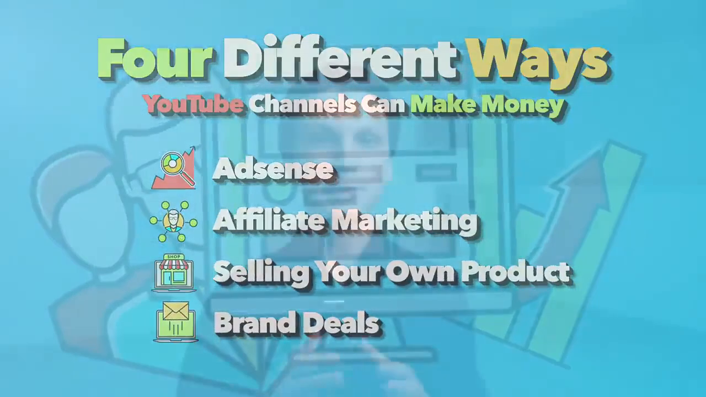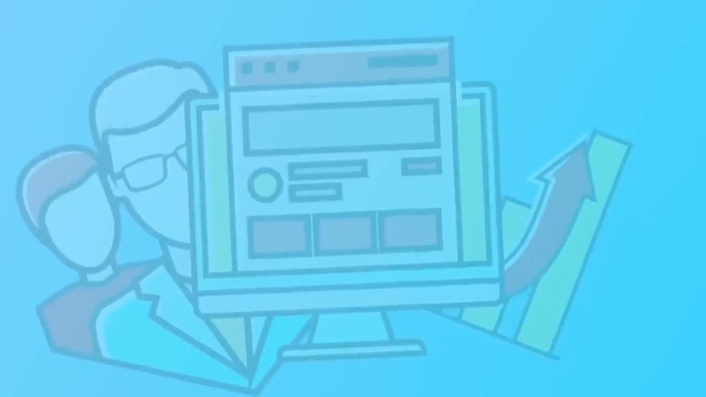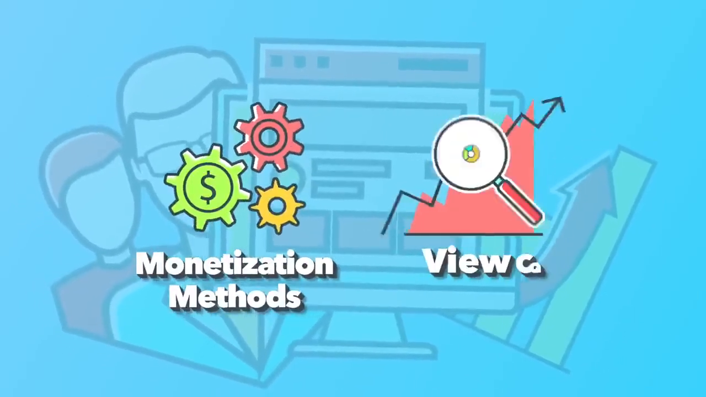And a big misconception out there is that YouTube channels make money based on the amount of subscribers they have, but this could not be further from the truth. I have channels that have over 1 million subscribers that make less money than channels that I run with only 50,000 subscribers. So subscriber count doesn't matter, but what does matter is your monetization methods and the amount of views